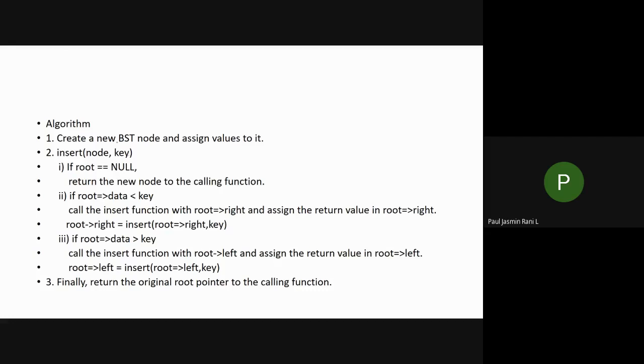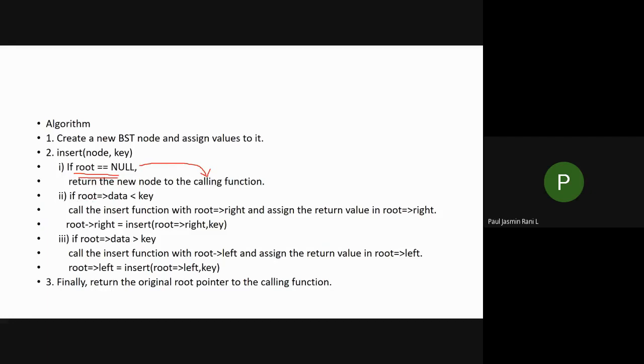Am I correct? So this is the algorithm for creation. Suppose the root element is null, then you have to call a function in order to create a new node.